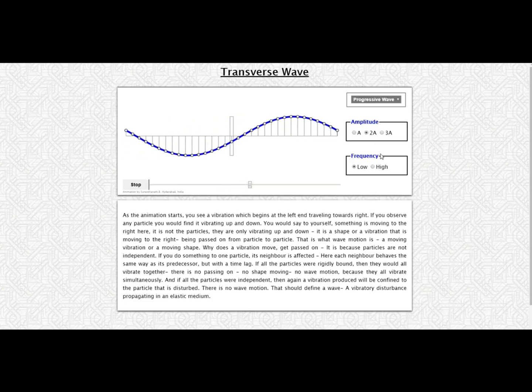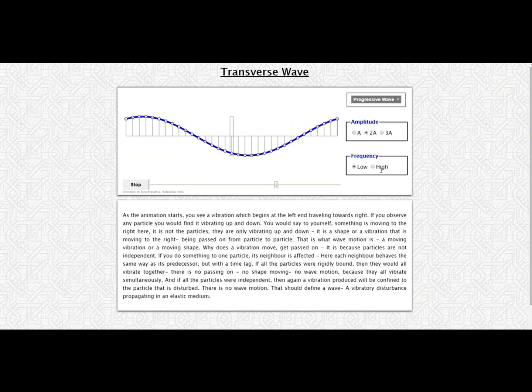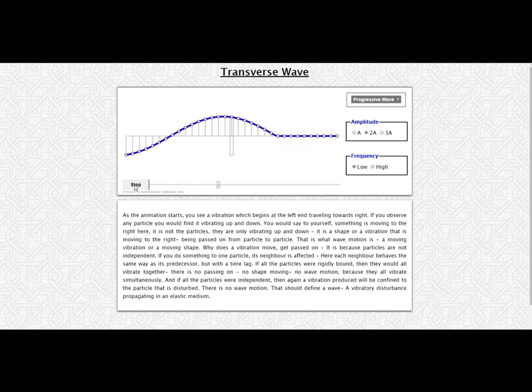Next thing we're going to do is go from low frequency to high frequency. What do you guys think will happen if we go to a high frequency source? Okay, this is moving at a higher frequency, more cycles per second. How did you do? Now I want to compare the wavelengths in both cases. So let's start with low frequency. I just wanted to show you one more time the wavelength of this. Stop it here. Notice that the entire screen is the wavelength.